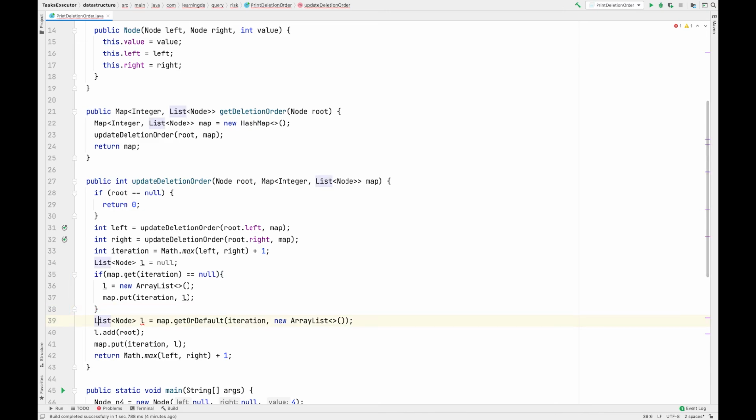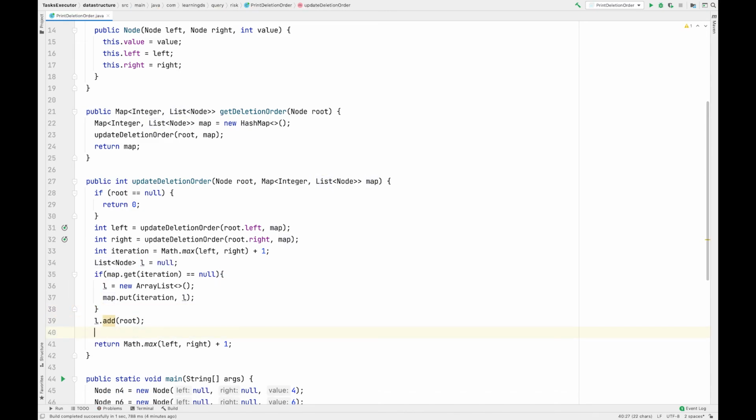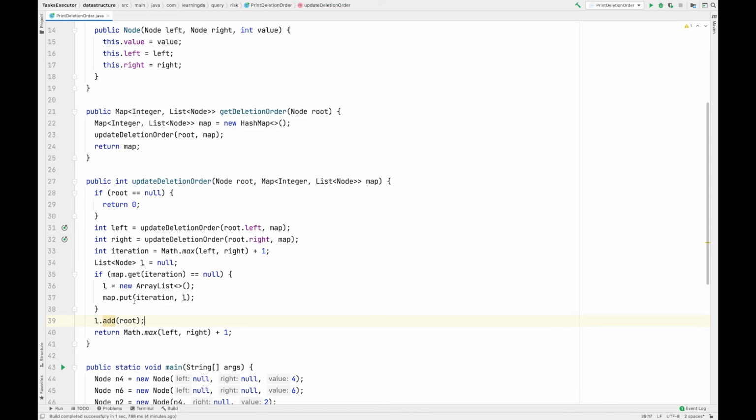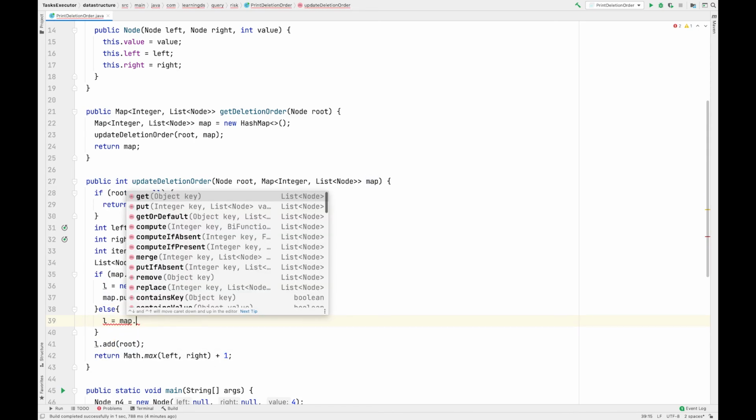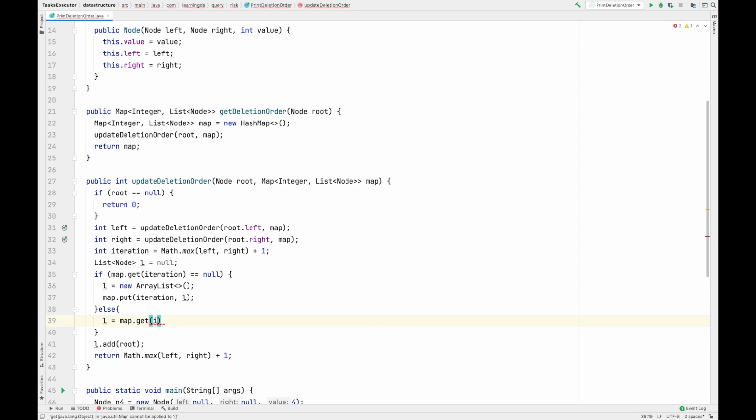Okay, and now after that, remove this part, and now you can also remove this. You can have like list dot add root, and else you can have L equal to map dot get iteration.